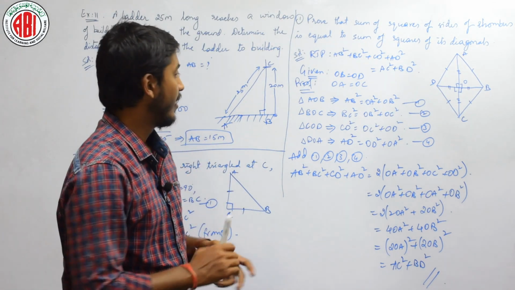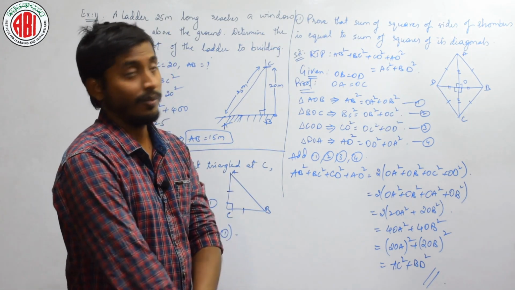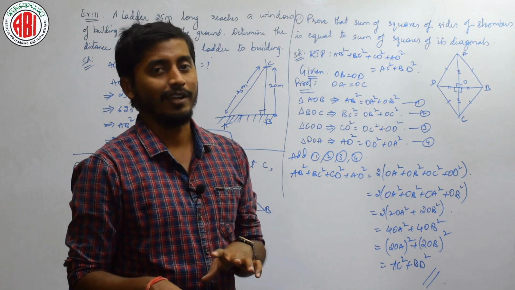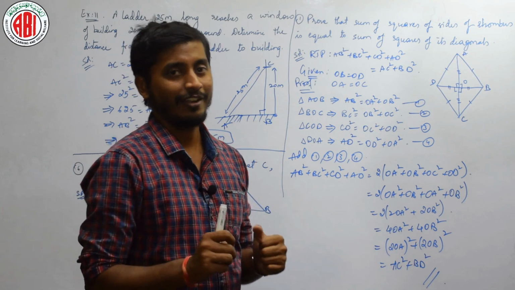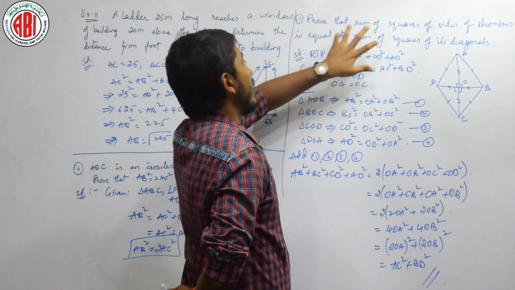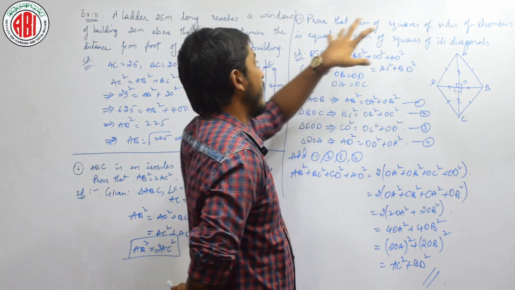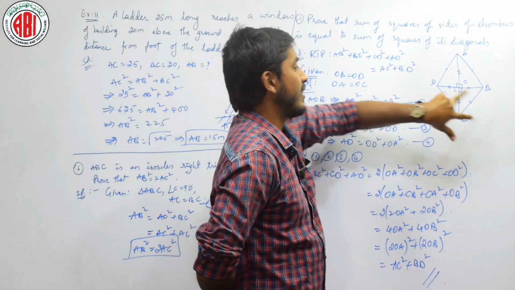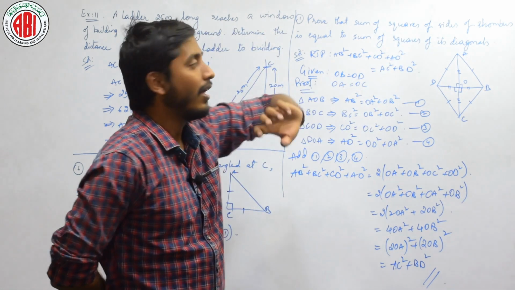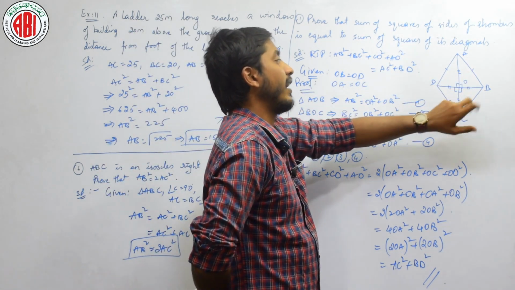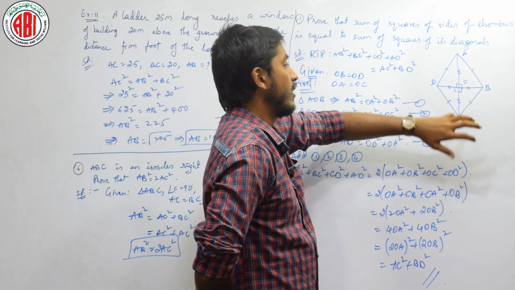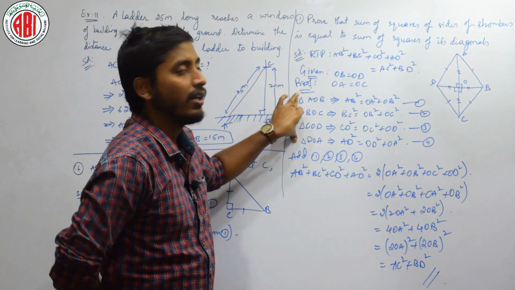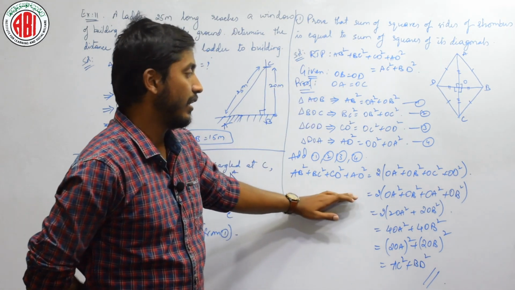Okay, did you understand? Once again, let me tell here, this is again an important question. See here, once again I am telling, most of the questions from the Pythagorean theorem are always important. There is nothing like this is important, this is not important. Okay. See here, he is asking us to prove that sum of squares of sides of rhombus is equal to sum of squares of its diagonals, that is AB square plus BC square plus CD square plus AD square. Okay. I have 4 different right angle triangles, AOB, COB, see here COD and DOA, right. From those 4 right angle triangles I have used Pythagorean theorem to write this. I have added everything.